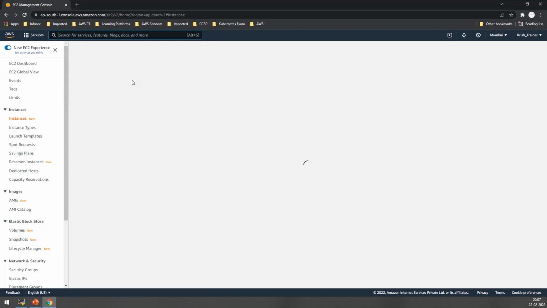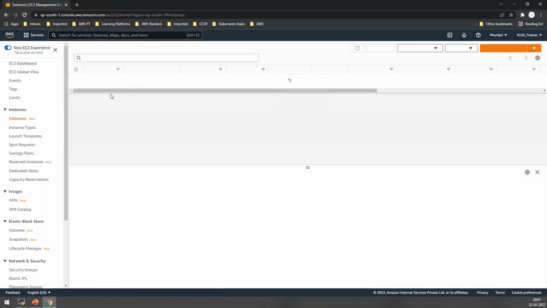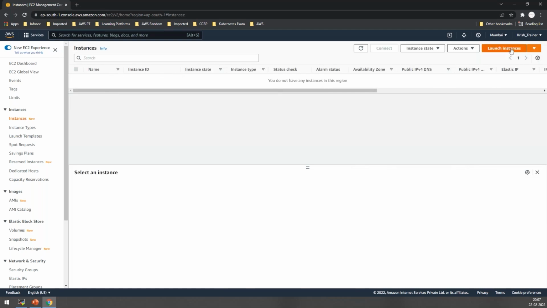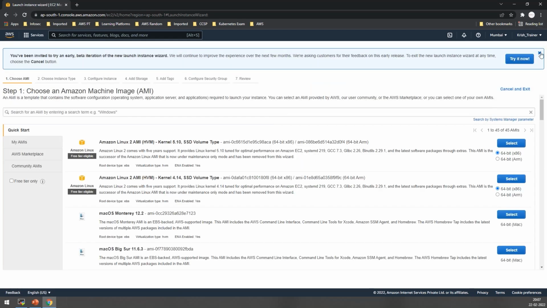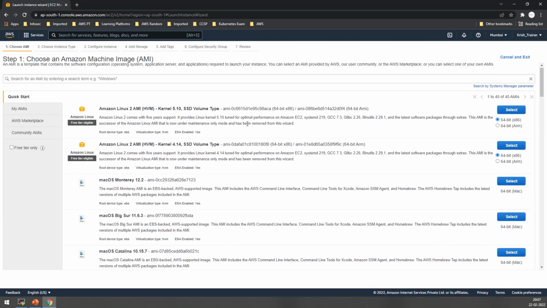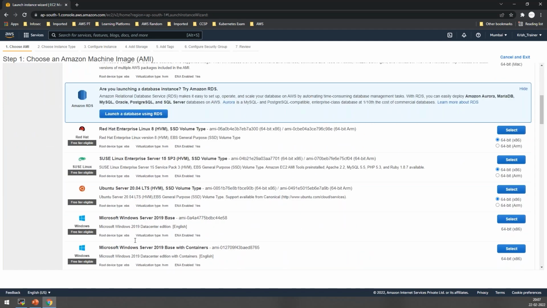When you say the word server, it's basically different for all of us, right? Every one of us has different requirements for a server. So now I'm going to deploy a very simple server in the cloud platform. I click on launch instance. I will first of all choose the operating system I want, whether I want Windows or Linux or Mac, I can choose the OS I want.